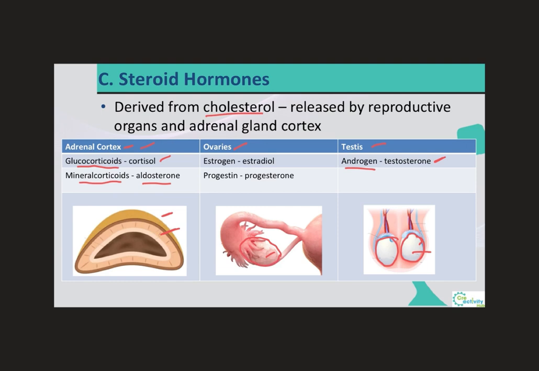Now, androgens are primarily responsible for the development and the maintenance of the reproductive function, and they will also act on the stimulation of the secondary sex characteristics in males. What are these secondary sex characteristics? Well, these will include, for example, facial hair growth, voice deepening, things like that. And women have less testosterone, and that's why these secondary sex characteristics that occur in males do not occur